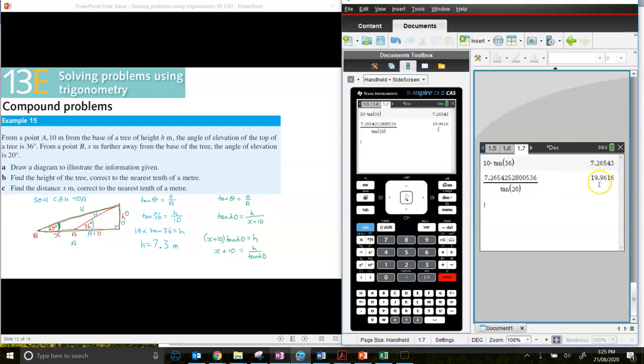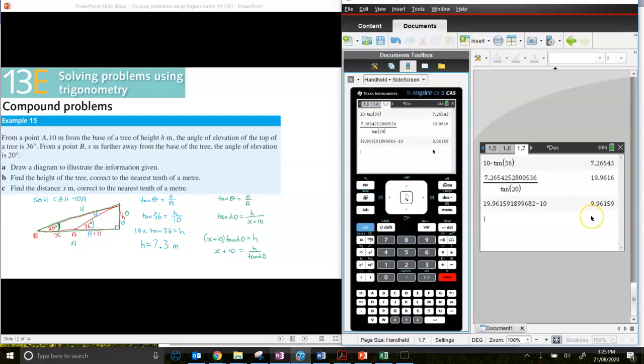That gives me this value, 19.9616. Now that is x plus 10. I just want x. So for my final answer, I need to subtract 10. I can just click on subtract straight away and the calculator knows I'm telling it to subtract from the answer. And I type in 10